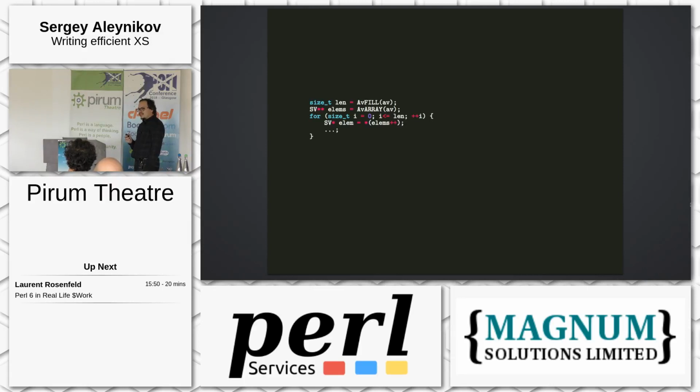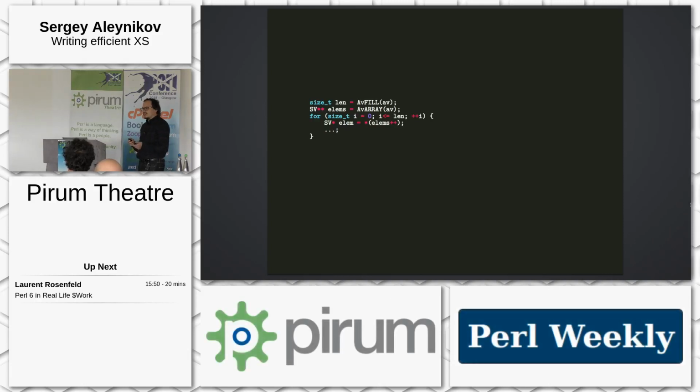But you do this on each iteration, on each access to the element. You check the tie magic on the array. Well, you figure out if it has a magic, which is cached in the base. Yeah, but that's a condition, and modern processors predict conditions, and they almost always predict them correctly. But if you step on a misprediction, it's better to not have a condition at all. It does not give a chance for the processor to